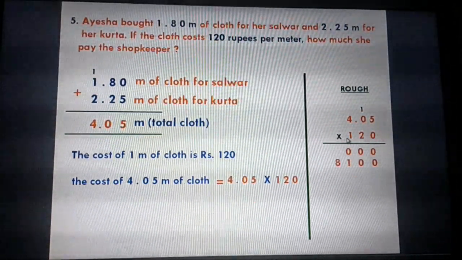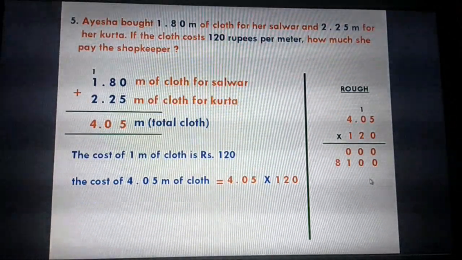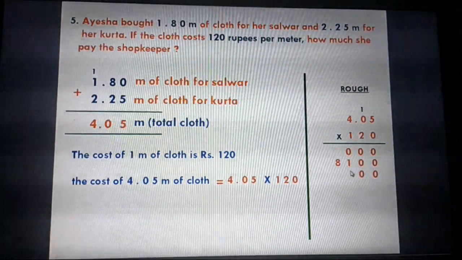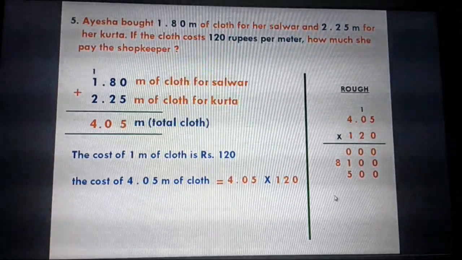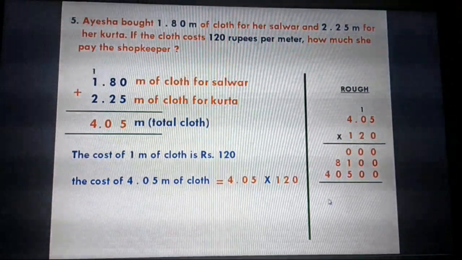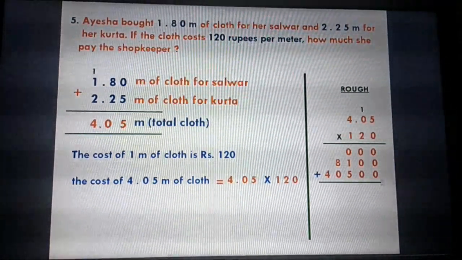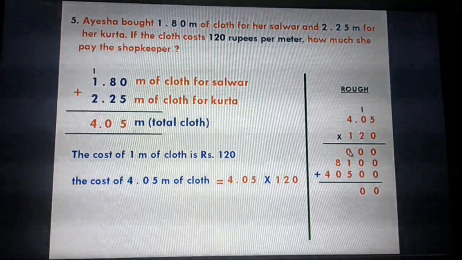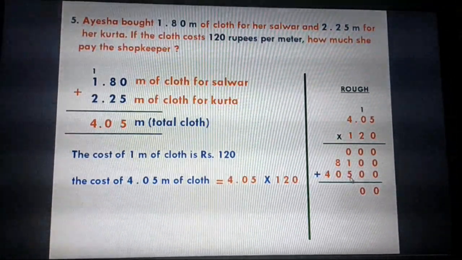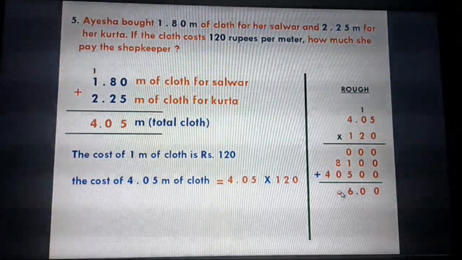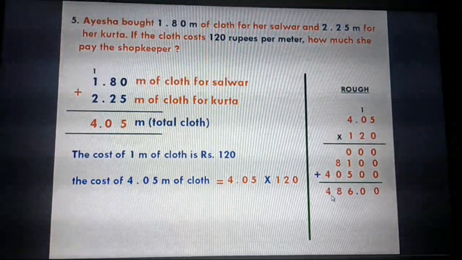Right? Now we will multiply with the hundreds one. So we will put 2 zeros very first. 1 five is 5, 1 zero is 0, 1 four is 4. Now we will add all these numbers. All 0, 0. All 0, 0. 0 plus 1, 1. 1 plus 5, 6. 8 means 8. 4 means 4.